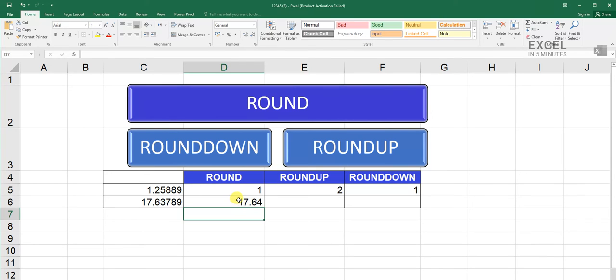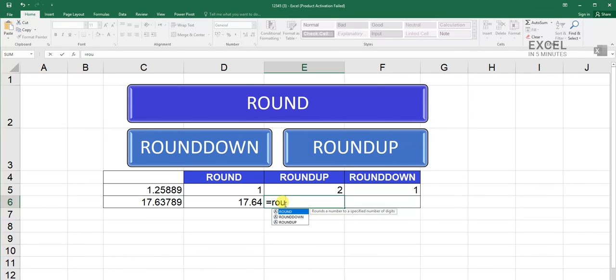So I have 17.64. If I do this with the ROUNDUP, I write equal ROUNDUP and then I take the number C6 and then comma and then I want 2 numbers after the point and then I press on enter and here I have also